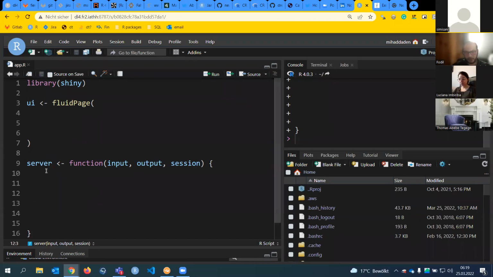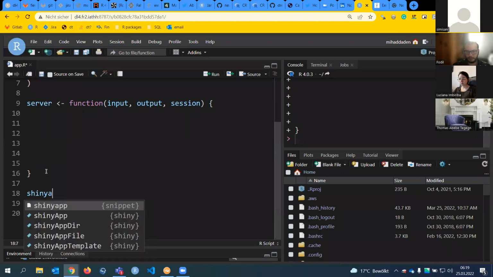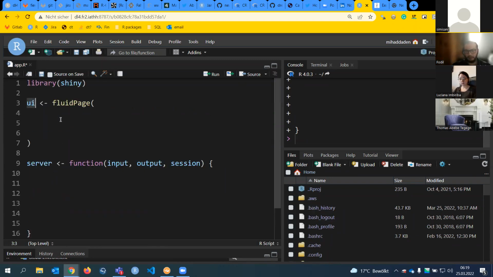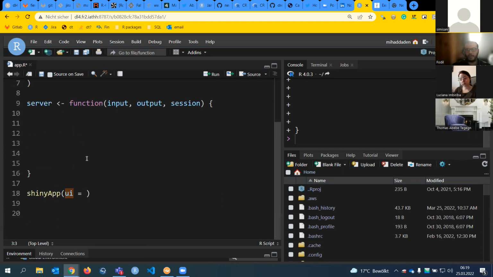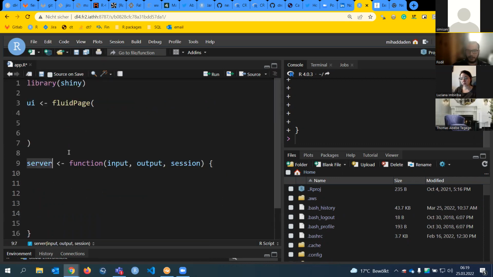And this third part is a function called simply shinyApp. It takes two main parameters, the UI parameter, so we named it UI, that's why I will do just ui equal ui. And then another parameter called server, which will be equal to the result of this function. So I will just name it server.